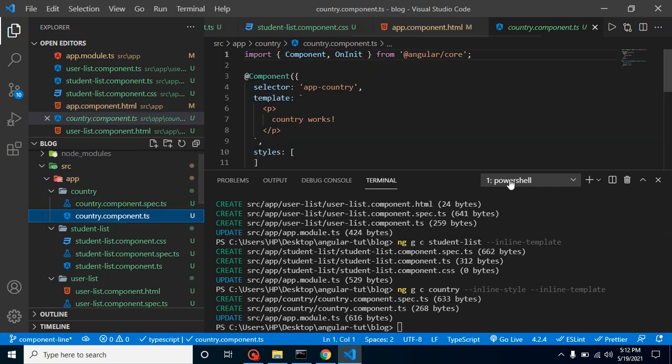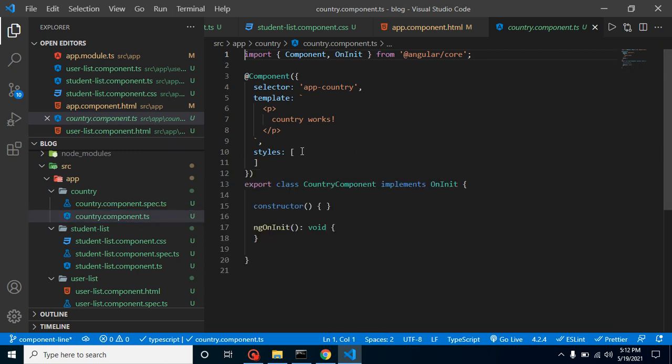In this case, I just want to close this command line because we don't need it anymore. We have HTML and style both inline. So let's say again I am creating an h2, and let's use a class.